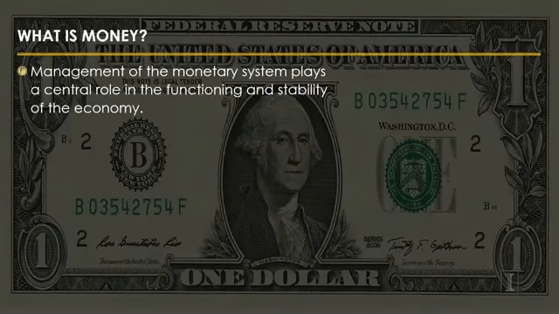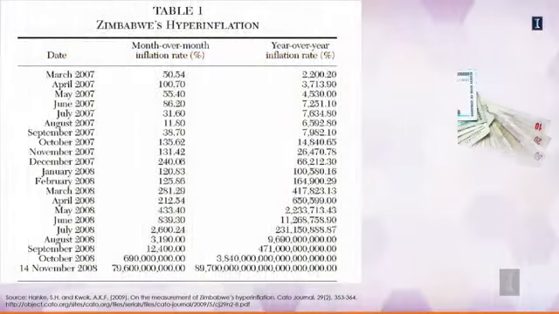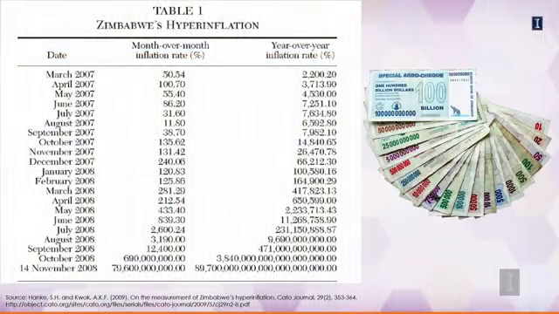In order to understand how the money market works, let's first examine what exactly it does. Management of money and the monetary system is very critical to the operation of modern economies. To give you a picture of an economy that has had huge trouble managing its money supply, monetary system, and money market, here's some data for Zimbabwe.